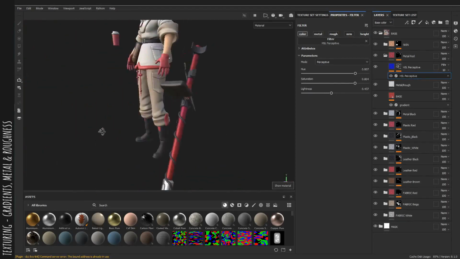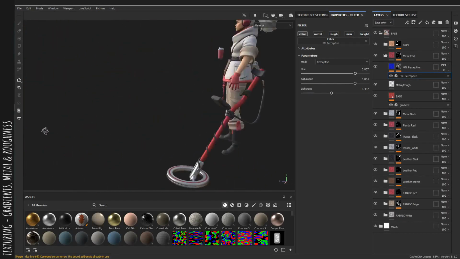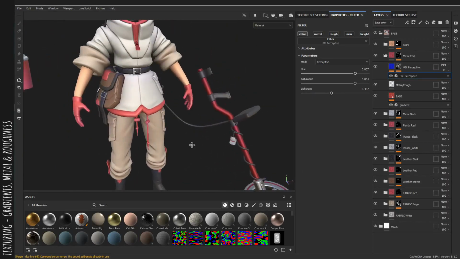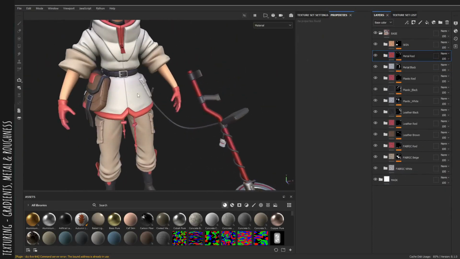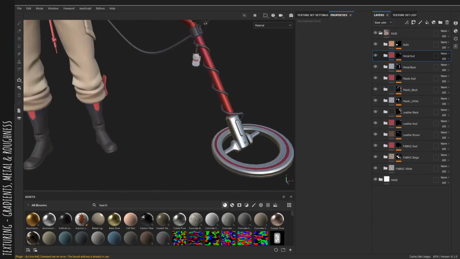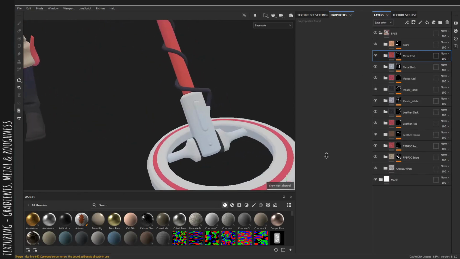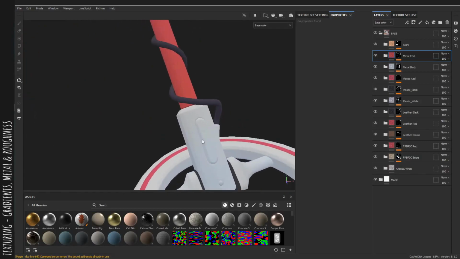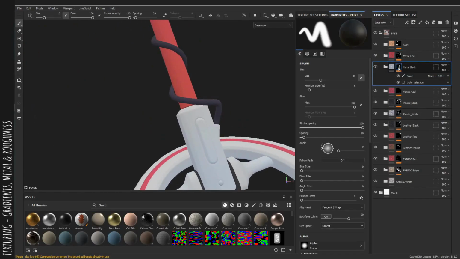Okay, it does look good. The skin we will not touch yet. It will be a separate pass. It does look cool. A thing that I just noticed is this guy, I would like to have him in